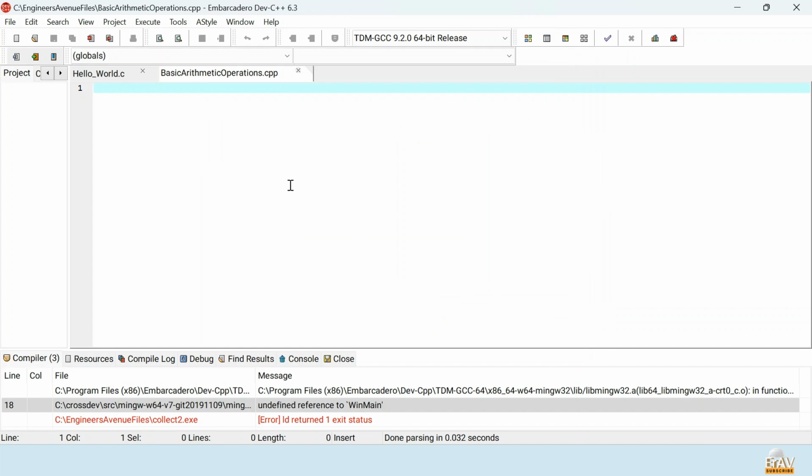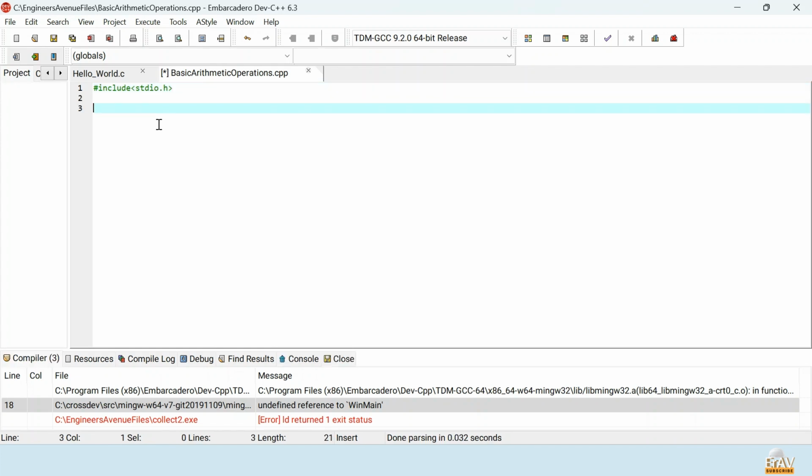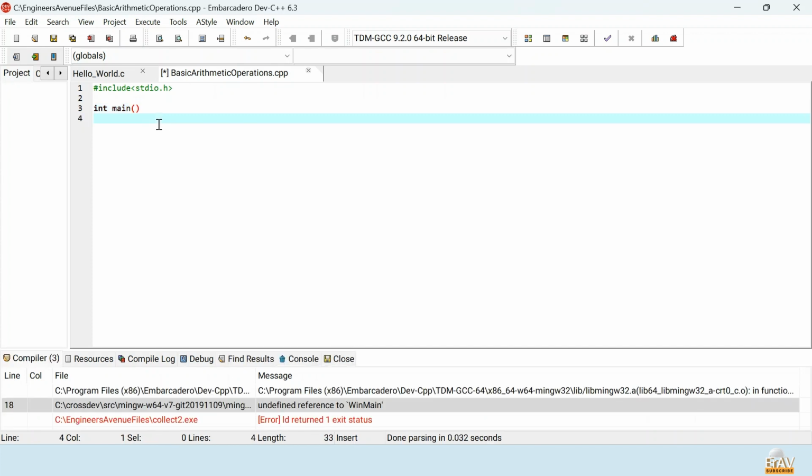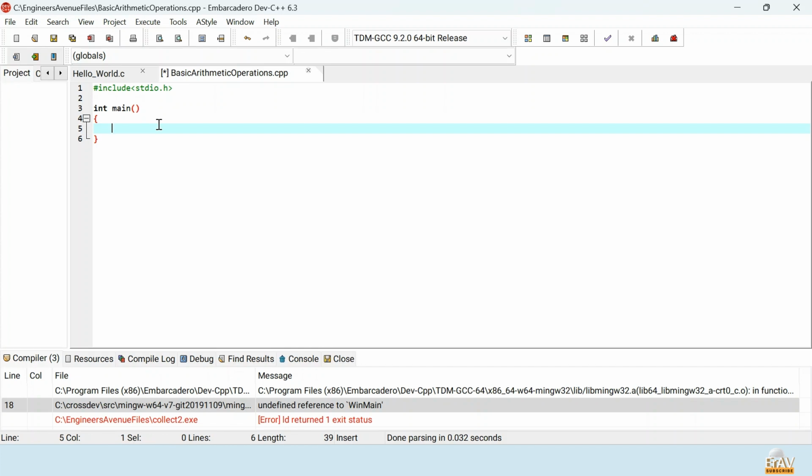So to start with, we will start with the #include <stdio.h>. That is the essential part. Then we can start to write the main function, int main. Then the main body starts here. Inside the body of the main function,